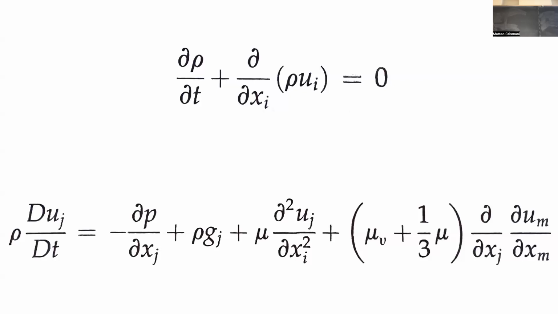Jasmine in the back. What's that? This first one? Read. Mass. And so specifically this says mass cannot be created or destroyed in this system. This is not always true, but if there was anything on this right-hand side, then mass could be created or destroyed. So if you have some general relativistic fluid, which can turn energy into mass, you would put it here. No, you don't know general relativity yet.